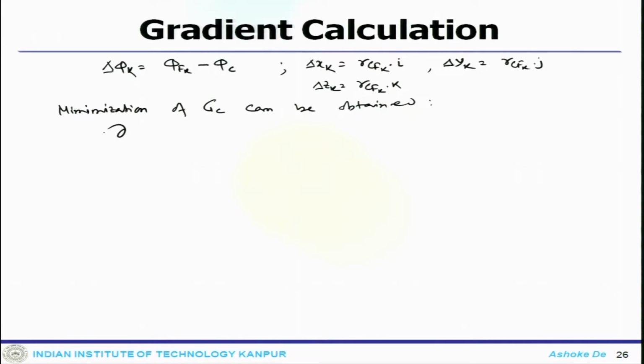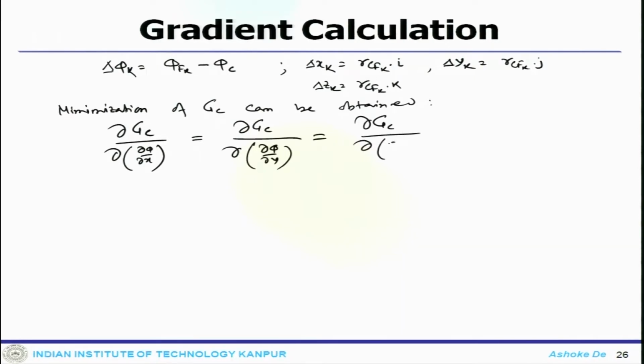The condition is that ∂G/∂(∂φ/∂x) equals ∂G/∂(∂φ/∂y) equals ∂G/∂(∂φ/∂z). These are all 0. Once you get this minimization, you get back